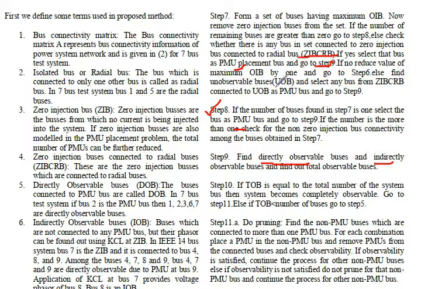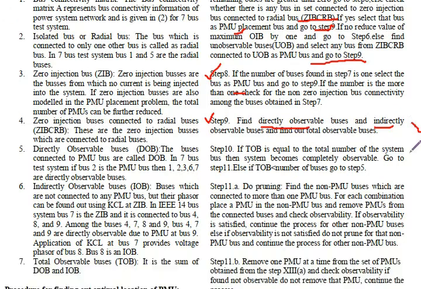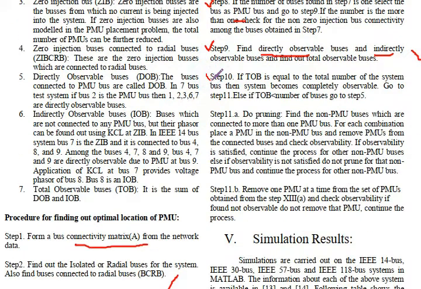Else, find the unobservable buses. In the other case, in step number 9 you find the observability of all the buses. In the worst case, select those buses which are not observable and place PMUs there, and go to step number 9. When you go to step 9, you will again calculate, as now you have placed sufficient PMUs, and you will find the observability of that system. Then go to step number 10.